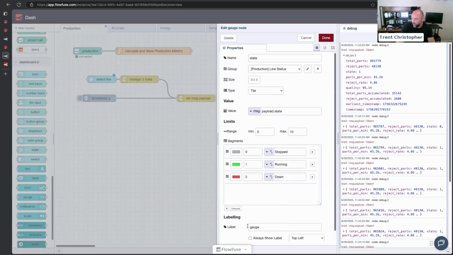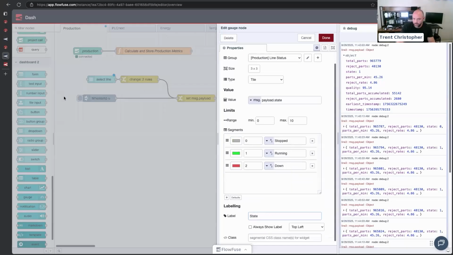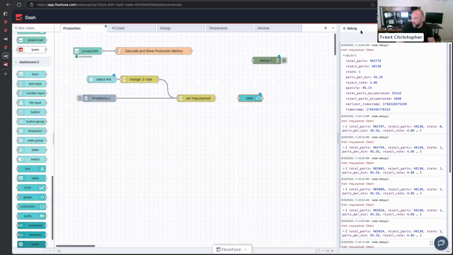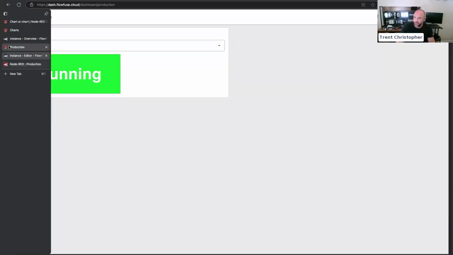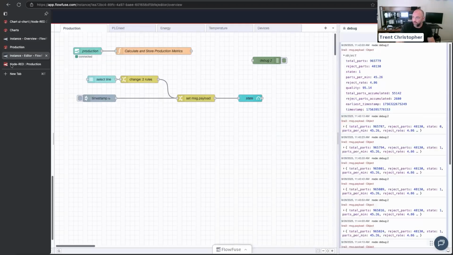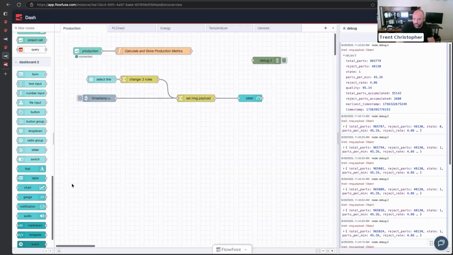Okay. We're going to give it a label so that we can see on the dashboard what it's called. We are going to also do always show the label, and it's going to be in the top left-hand corner. So just to give you a visualization on that, here's what it's going to show. There we go. So now it's telling us that line 3 is stopped, line 1 is running, line 2 is running. Perfect. Okay. Moving back to our instance, what we're going to do is we're going to copy and paste